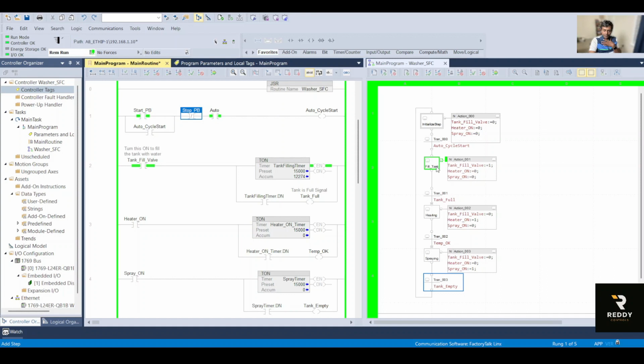So what happens is, now when it goes through the fill step, heat step, spray step, when it comes back, it will stop after completing the cycle. Let's wait and now watch that. We are still in the heat timer, heat on, and now we are in the spray. And you could see once this